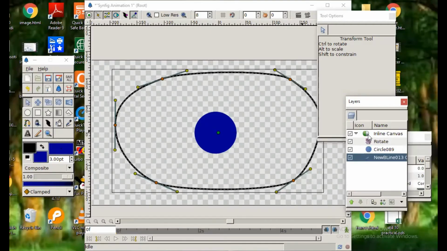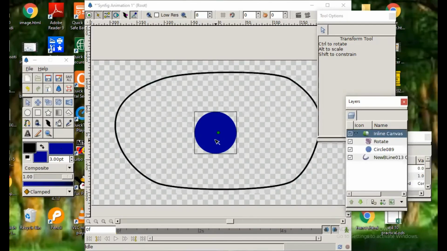So there are green ducks for each and every layer, but we have to make sure we select this inline canvas green duck. So click in the layer panel on inline canvas, then click on this green duck, and click only when it is green. Right now it is brown; when I move the mouse pointer it changes. So click properly when it is green. So I have selected this.